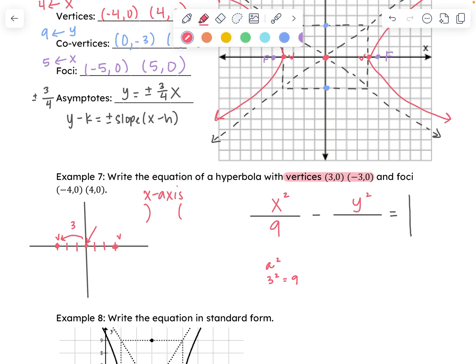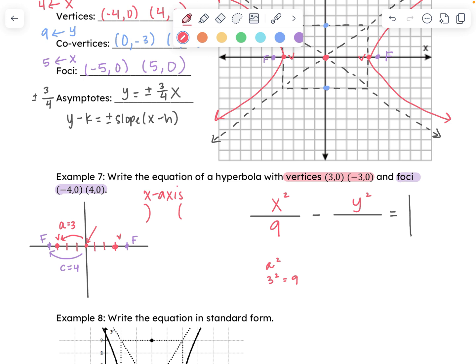Now let's look at the foci. It tells me they are at -4 and 4. So they're just one more out. Means that my c is 4, my a was 3,